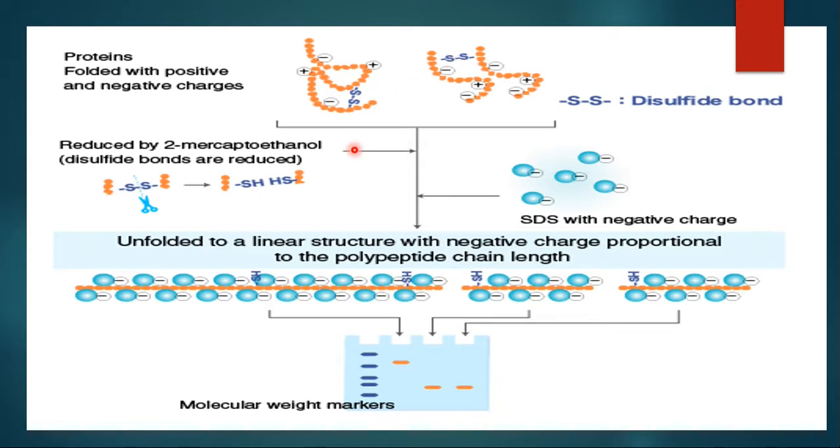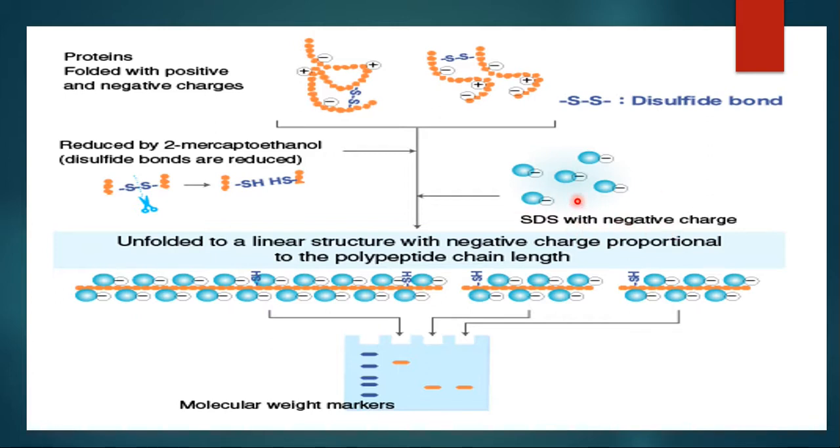The native protein is going to be unfolded by adding this SDS, along with the mercaptoethanol. This mercaptoethanol is going to reduce the disulfide bonds, that means it is going to break things at the junction of the disulfide bonds. So this native protein, the starting protein, is unfolded by heating in the presence of beta mercaptoethanol, and this mercaptoethanol is going to break the disulfide bonds present in the folded structure of the protein,